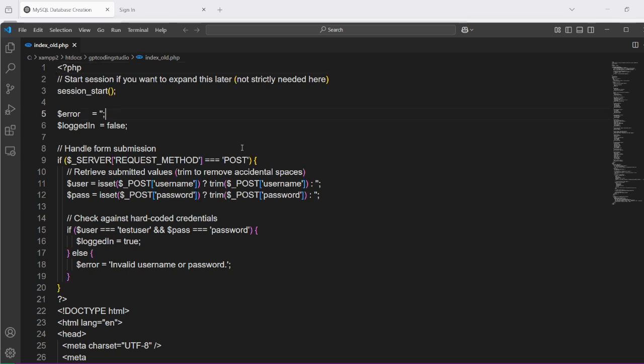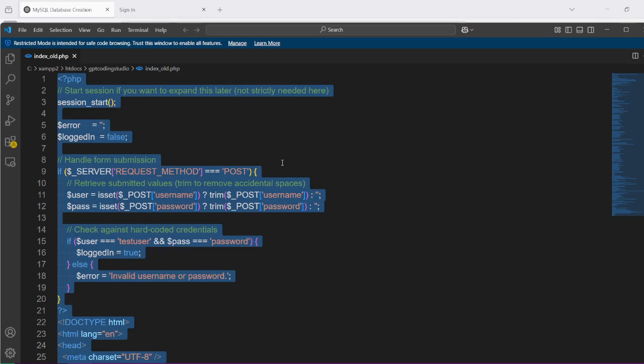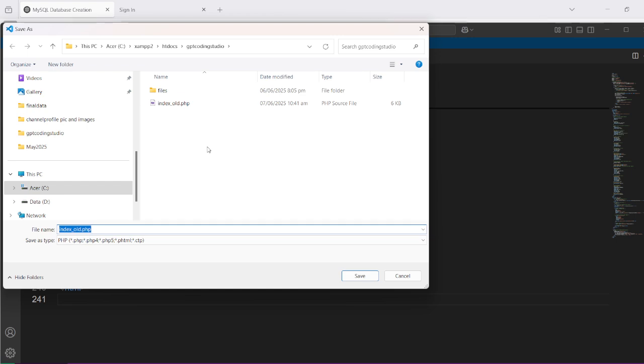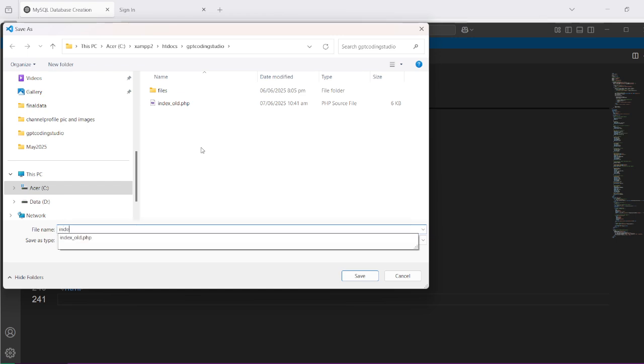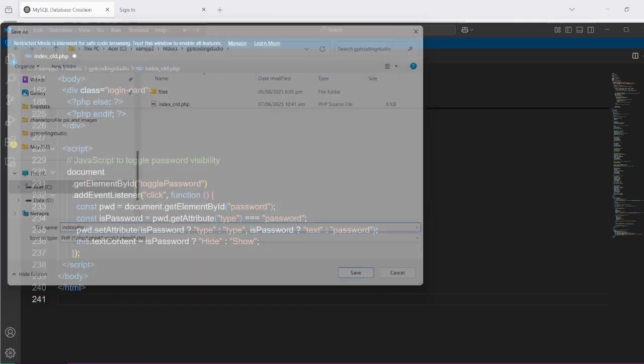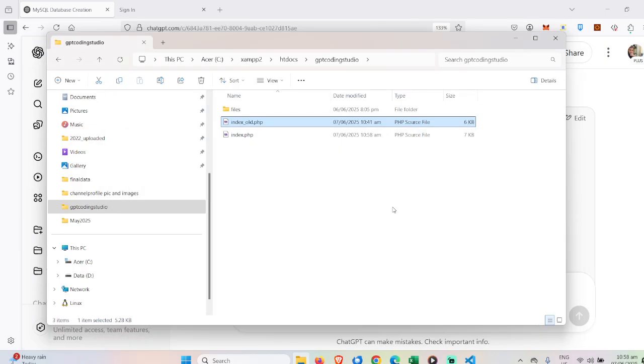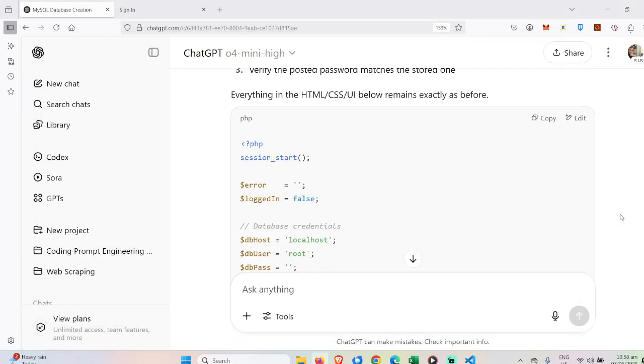So we have here, so Control A and just paste the new code and save as, so that we don't overwrite the index underscore old. So we save as index.php, because index.php is the one called by the server as a first view of the page. And then we have our index.php here.